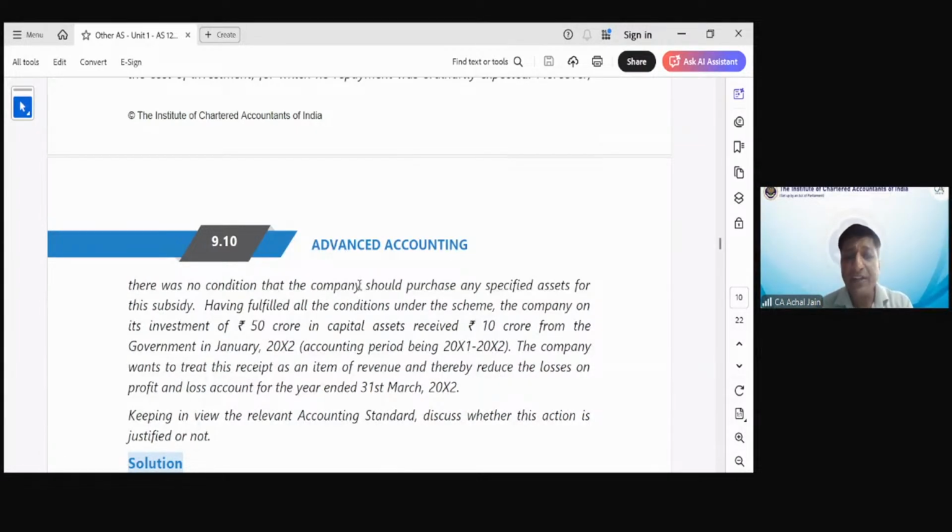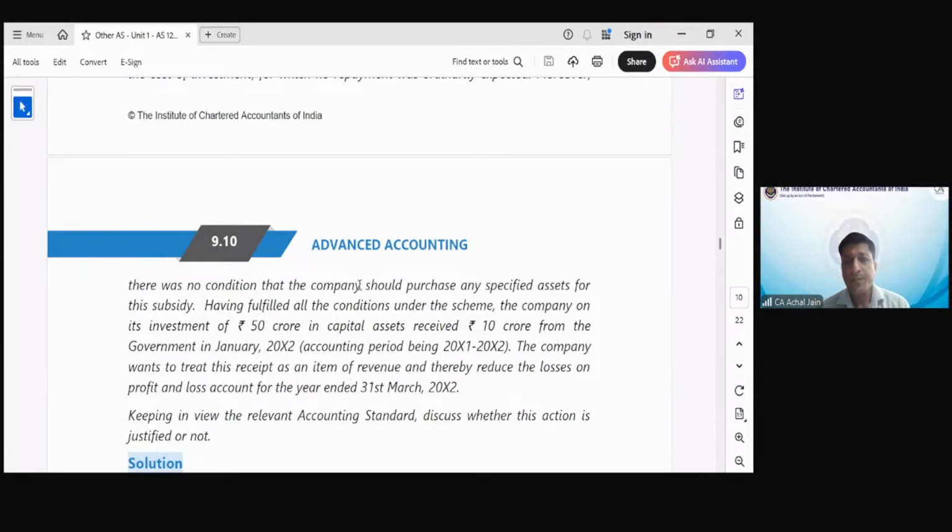Company wants to treat this receipt as income. Item of revenue means as income. Want to take it to P&L. So what will happen as a result of this? Losses will go down. So company wants to record this as income. Keeping in view the relevant accounting standard, of course it's AS 12, discuss whether the thought process of the company in